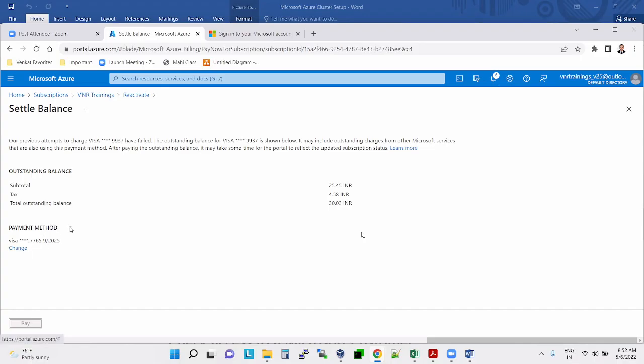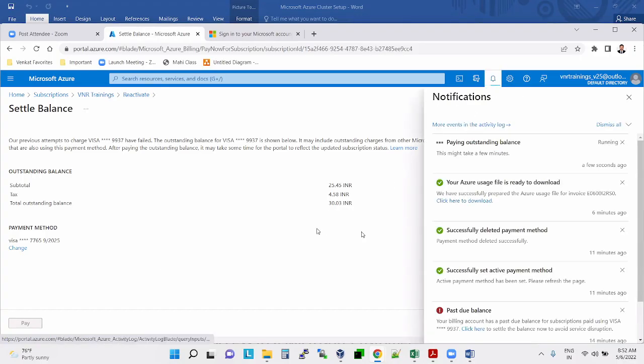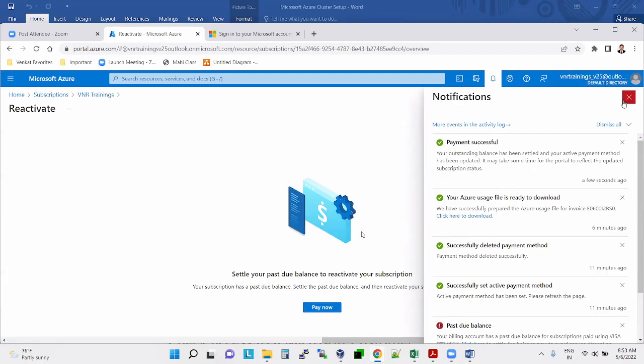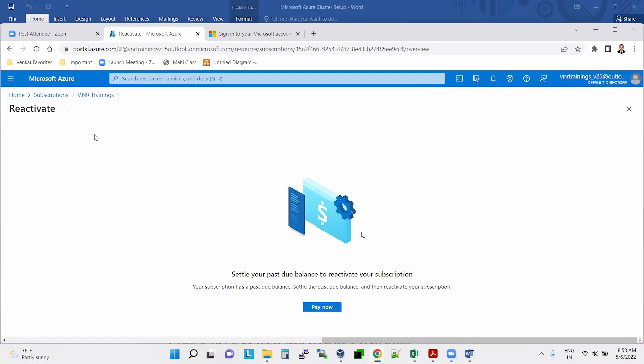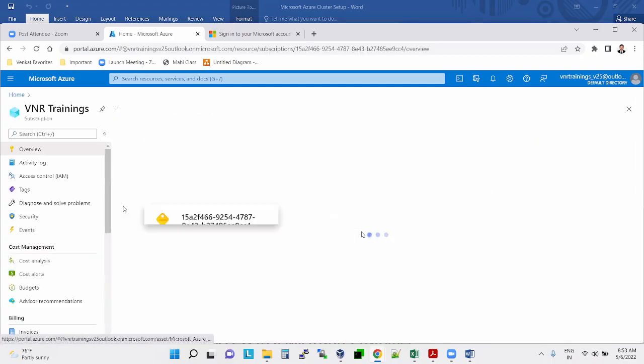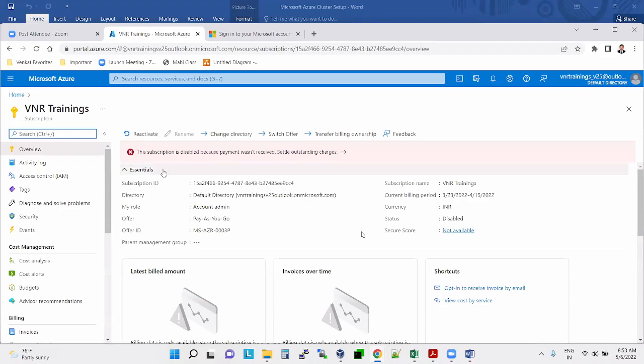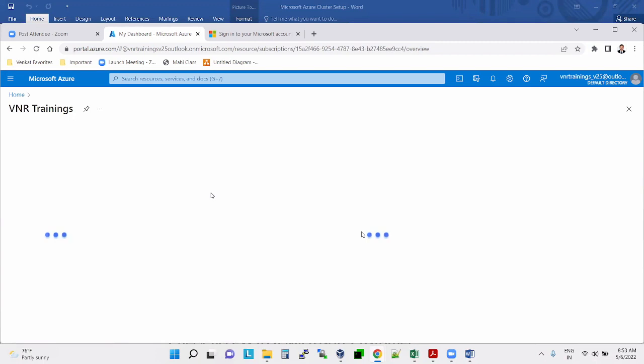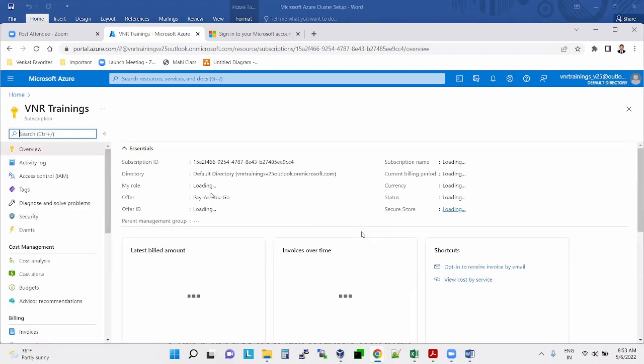Actually, I need to change the payment method. Payment successful. Is my subscription activated now? I guess it is activated.